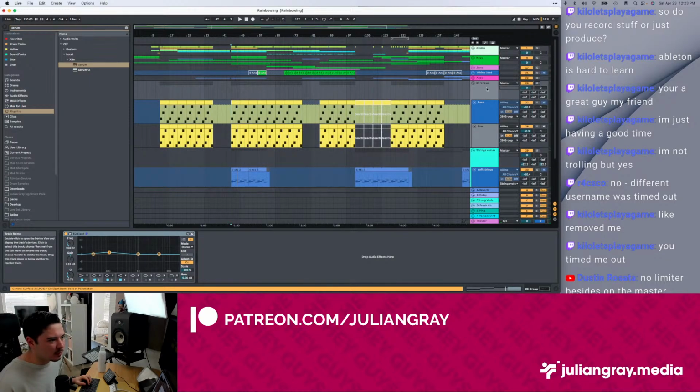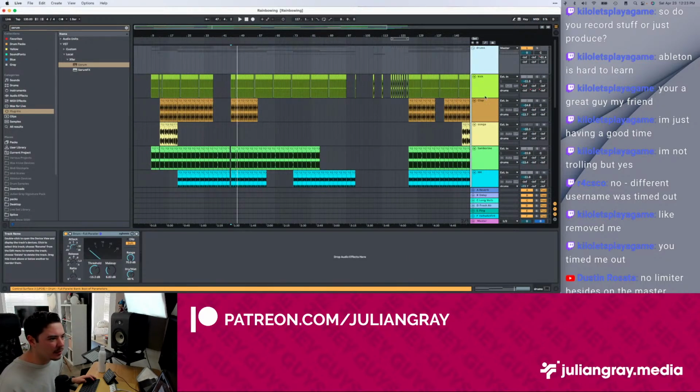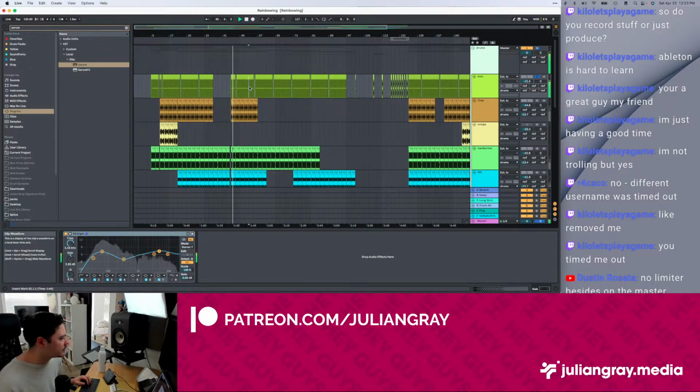What I'm actually going to do is compare our bass with our kick. I think that the relationship between the kick and the bass is the most important, crucial thing to your mix. So I'm going to go ahead and look at that. Let's make sure our kick is leading the charge. Make it the loudest element.